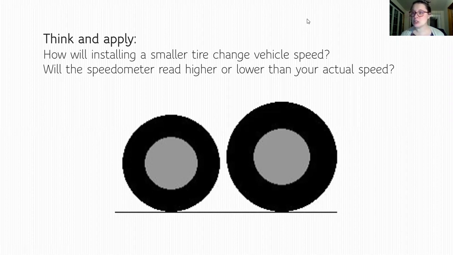So if you look at the two tires, which tire has the larger circumference? The bigger tire has the larger circumference. It's got a larger distance around the outside. So every turn, it will move further than the little tire. So if I install a smaller tire on my car than it's intended to have, and the sidewall height makes it such that the total circumference is smaller, every time my wheels turn, I'm not moving as far. Now, if you look at our equation for speed,